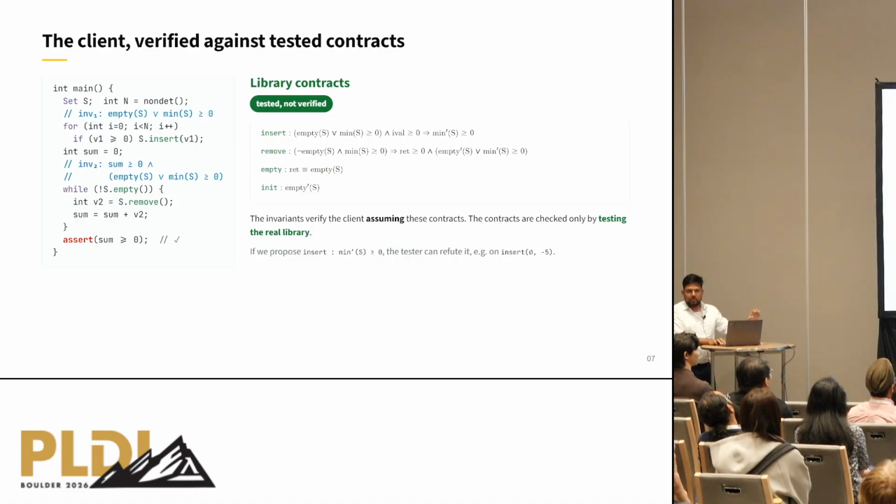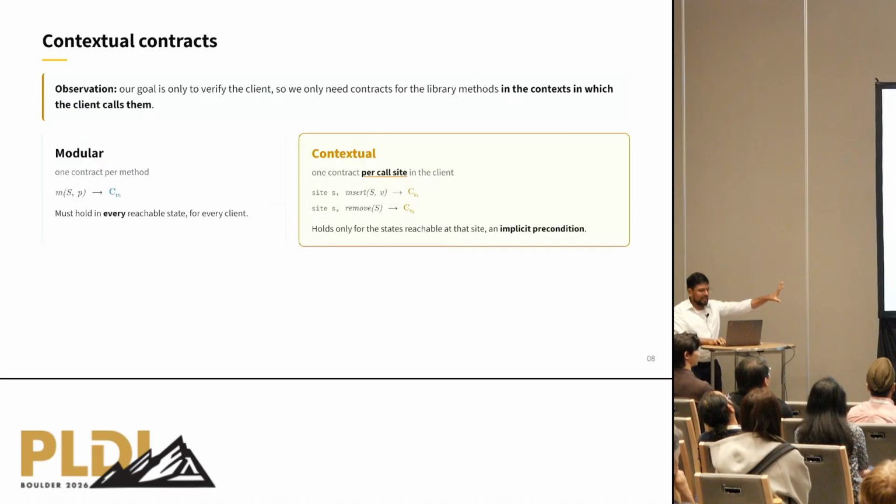Okay, so we've gone through this exercise of verify the client, test the library. Now that's the first contribution of our work. Before I talk about the second contribution, I want to take a moment to reflect on what the real problem we're solving is, right? Once you think about this kind of hybrid guarantee that's not really testing, that's not really verification, it's kind of somewhere in the middle, and then you think about what you're really wanting the guarantees for.